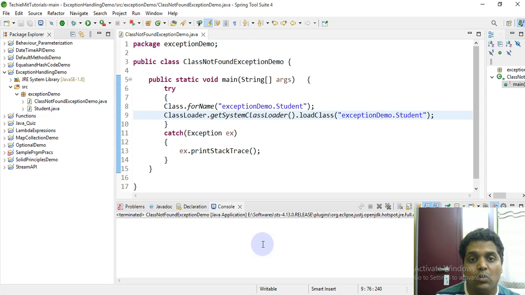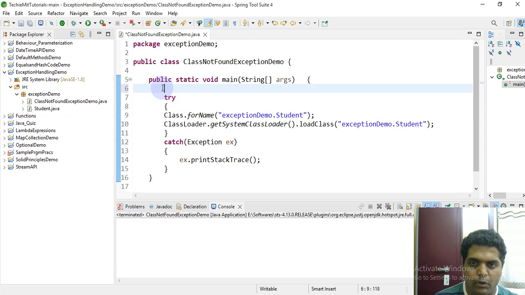But our code is such that it is susceptible to get an exception. So to overcome or to handle such a situation, you need to include the try catch block. Note, this is the try block. The try block might throw an exception,